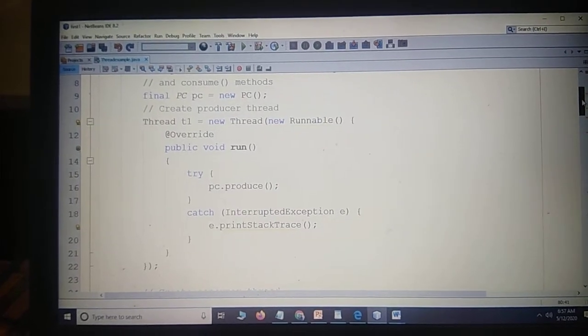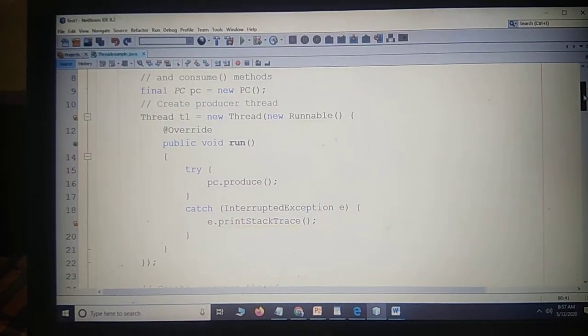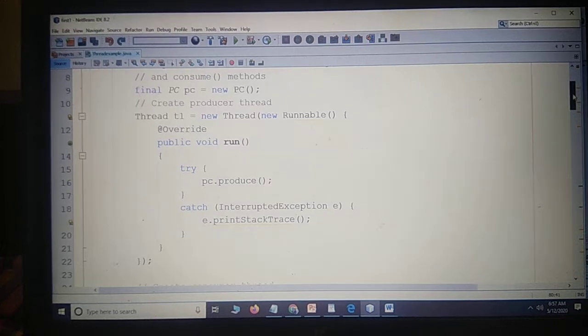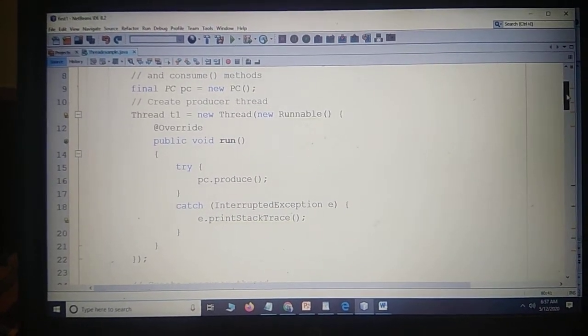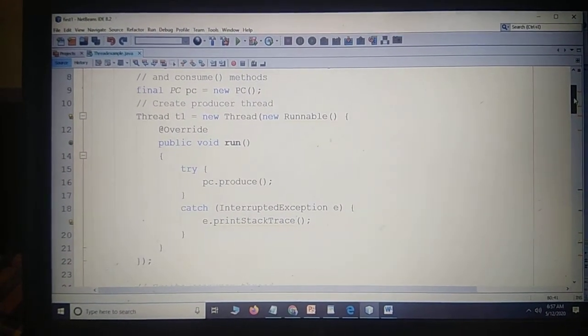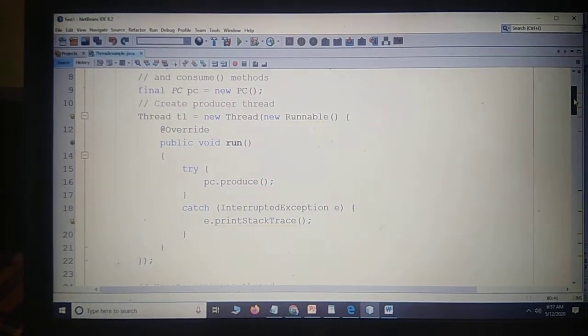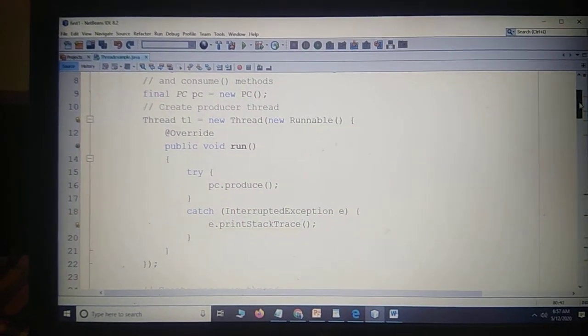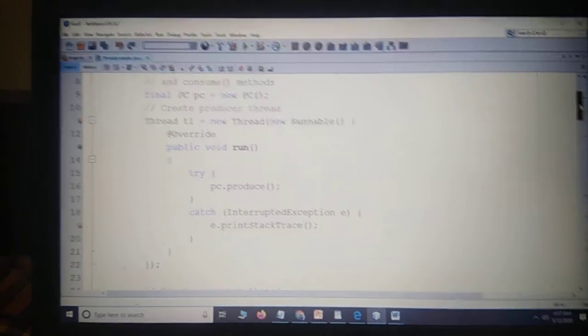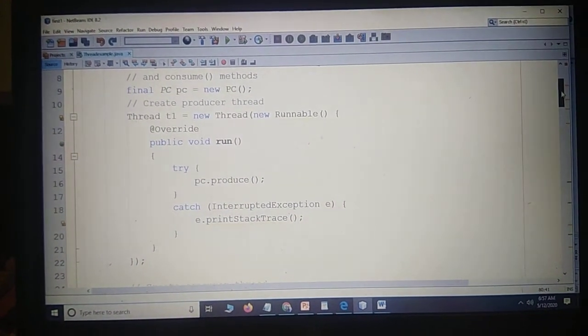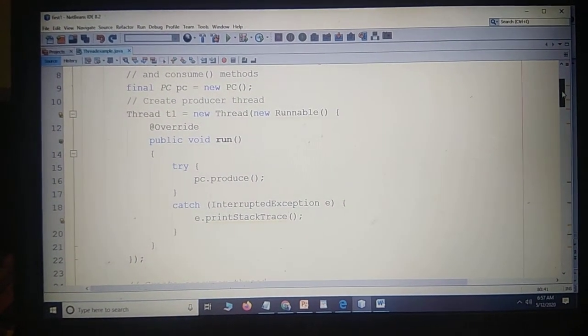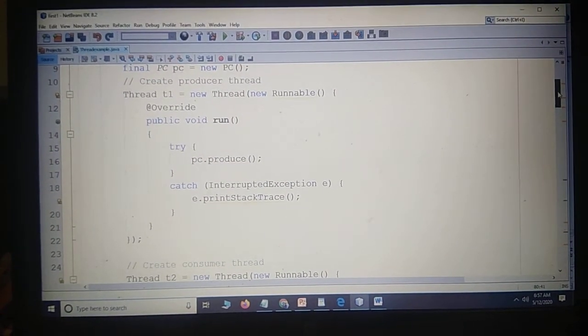Inside the run method, we have pc.produce. pc.produce is a method inside the class PC. The produce method will create the producer thread that will act as a producer.